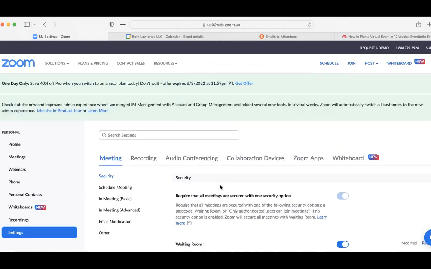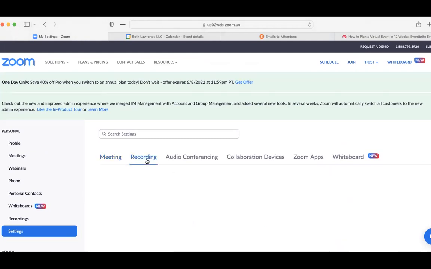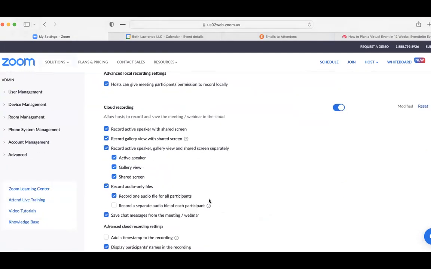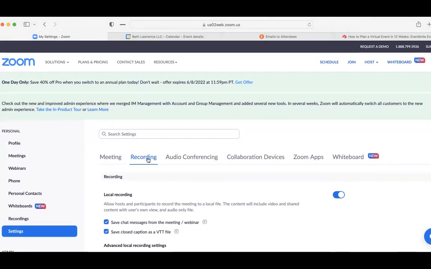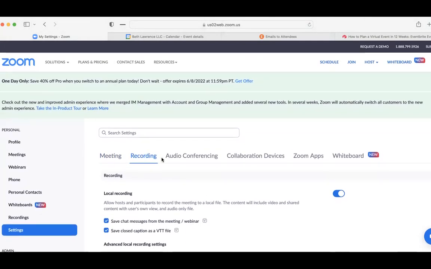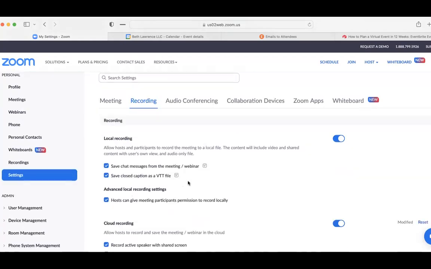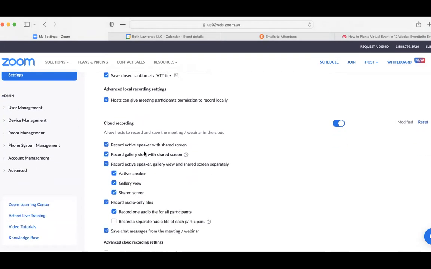There's a lot of different things. Not going to go into all the recording settings because it's a lot today, but you can definitely go through here and make sure that all the settings are how they should be. So again, do you want to save the chat? Do you want your participants to be able to record? If you don't, then you can toggle this off. Same thing with cloud recording settings. The one thing that I will point out with the recordings